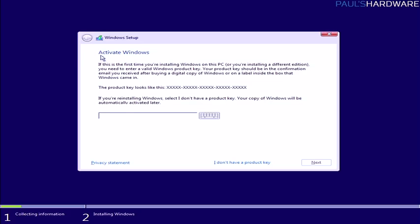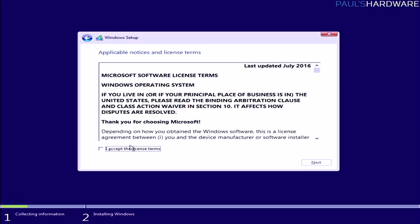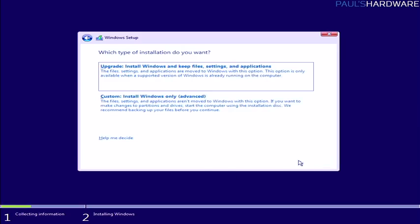Now, here is an important part. You can activate Windows and actually punch your license in right here if you want to, or you can click this button. I don't have a product key, which I'm going to do right now. This will let you go through with the installation, and then you'll be able to input your product key later. We'll just go with Windows 10 Pro, just to start off with, again. If you enter a product key for a different version later on, like Home, it will just change the version that you have installed. I accept the license, I click Next, and then here we definitely want to click Custom